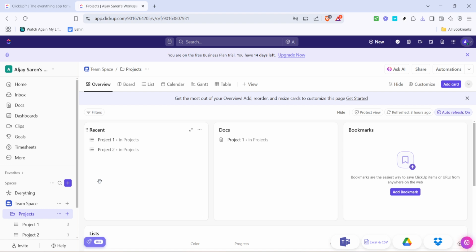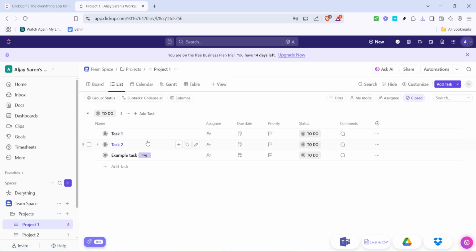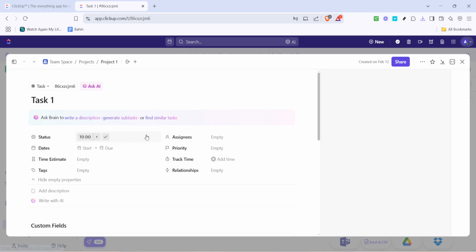After successfully logging in, you'll find yourself on the main dashboard. Here, your lists are organized for easy access. Please select the list that pertains to the task you'd like to link with your email. This step is crucial because it connects your email with specific tasks, ensuring that all correspondence is easily retrievable and well organized. Now, within this list, identify and select the task you want to work with.